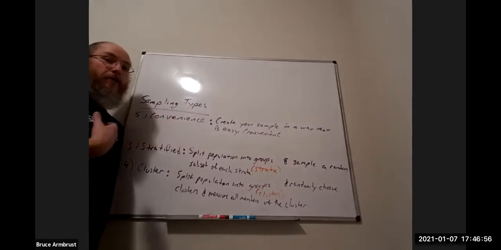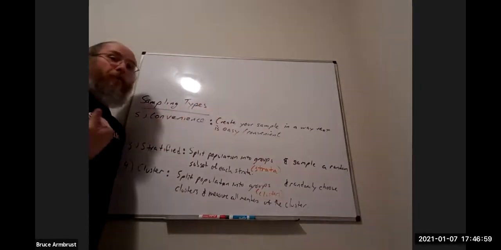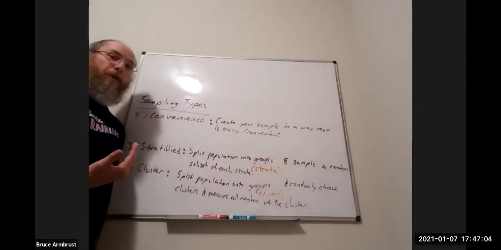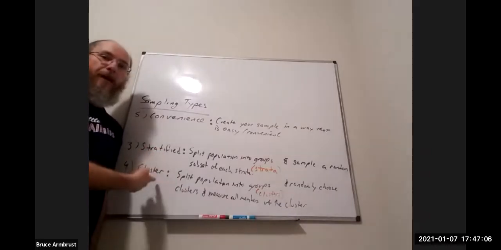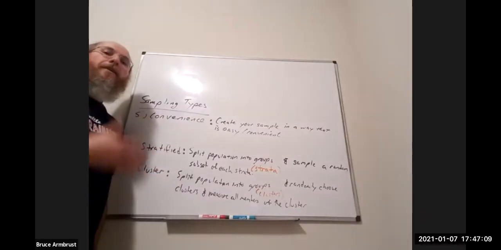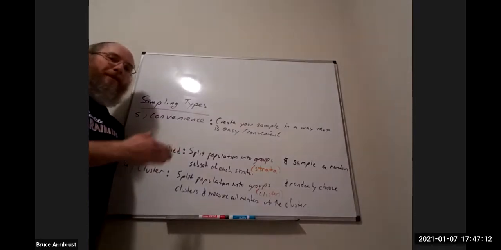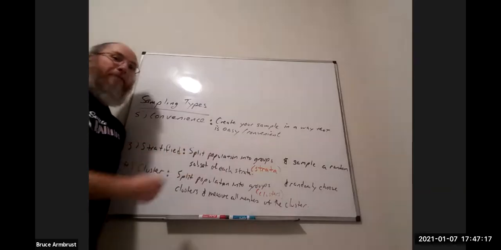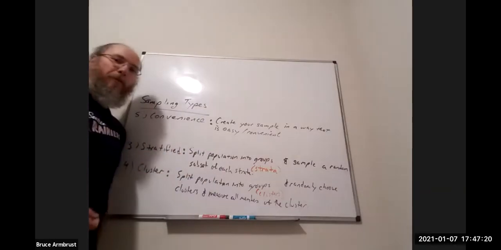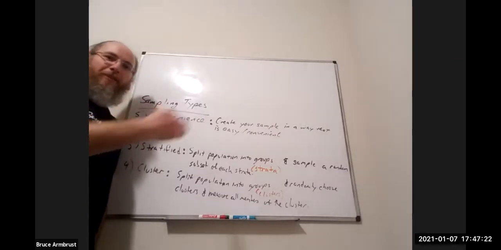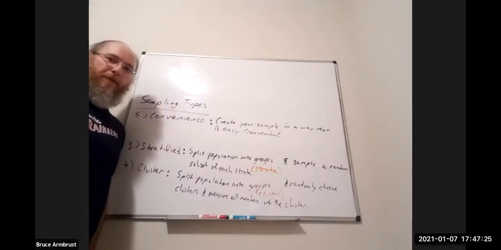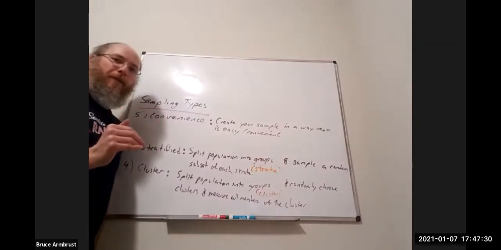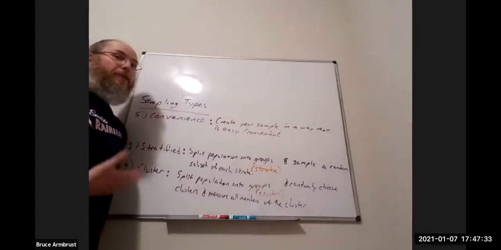Like, yeah, I don't know who's in the store, so the 100 people that walk out could be buying anything, but there are other things involved that I might not be aware of, and that's where we might want to do stratified or cluster, right? Here could be cluster. Let's break up the people at Raley's into half-hour chunks, randomly pick some of those half-hour chunks, and then ask every single person that walks out of the grocery store between 9:30 and 10 in the morning, how much did you spend? And everybody that's there between 1 and 1:30 in the afternoon, how much did you spend? We're probably going to eliminate some of that